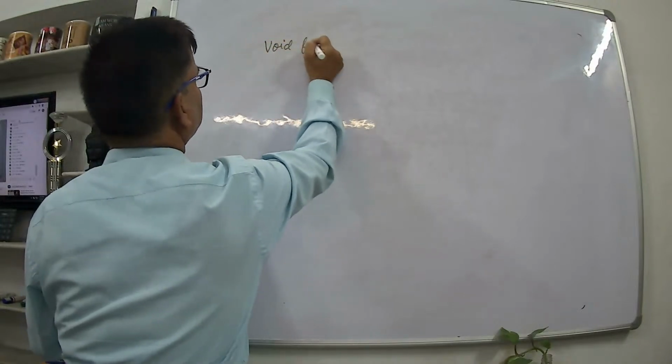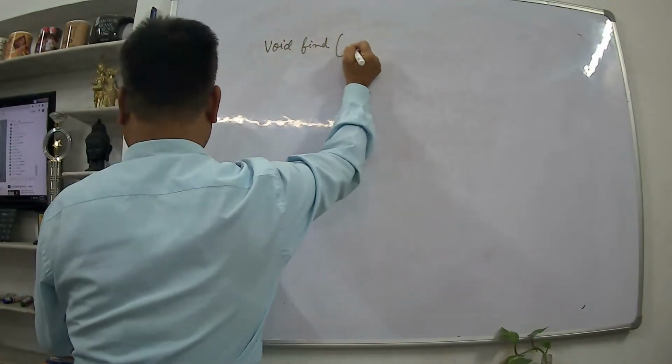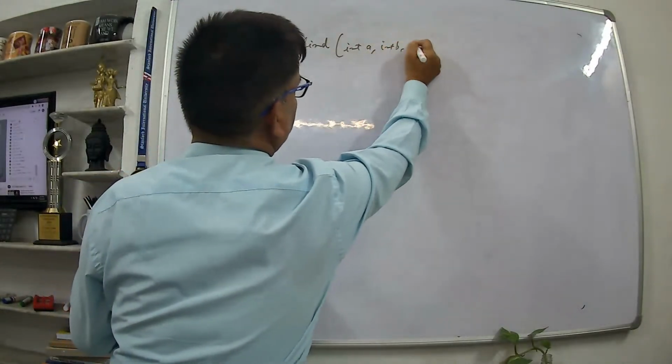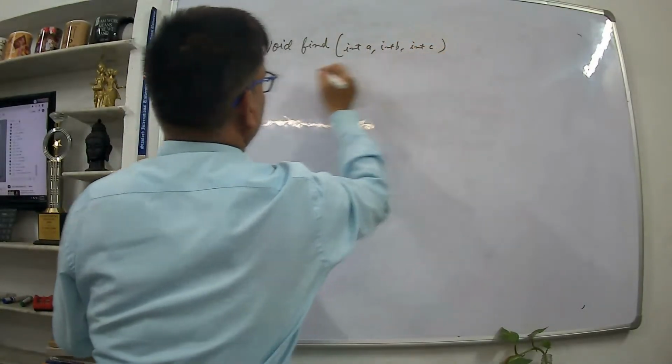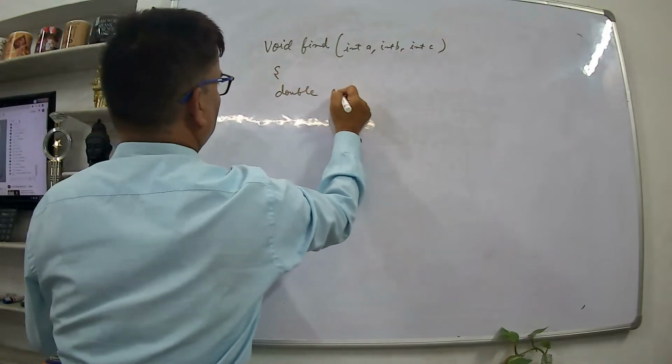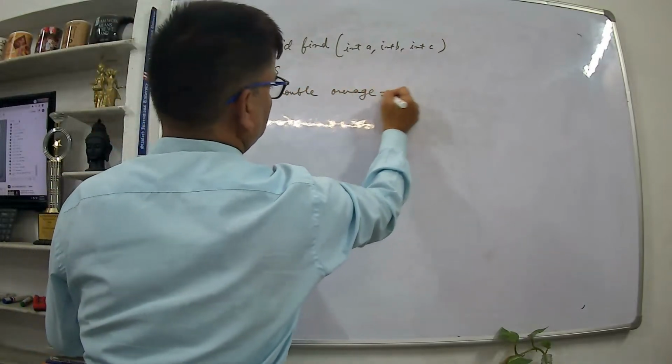Void find int a comma int b comma int c, double average is equal to